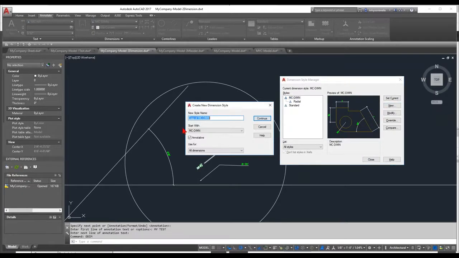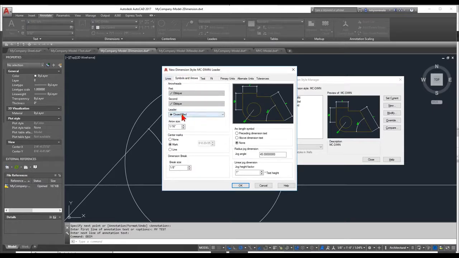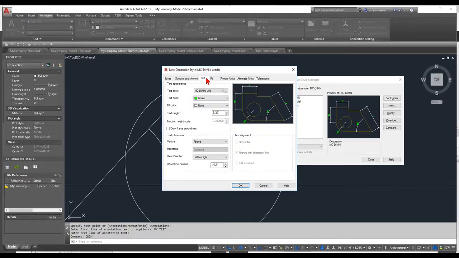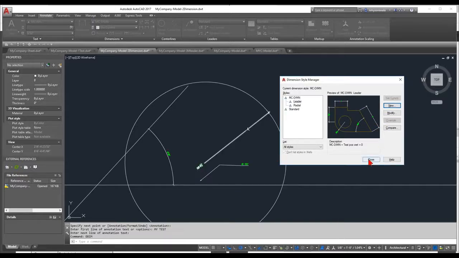So again, new. And again, start with MC dim annotative. And I'm going to say it's for leaders and tolerances. Continue. And what I'll do is here, symbols, it's already set to closed filled. For the text, vertical, I'm going to say centered. So that allows you to kind of see what will happen as soon as I update this. It may not update. I might have to use a command to do that. But let's say close. So what these are called are child dimension styles, which is basically they are sub-styles of